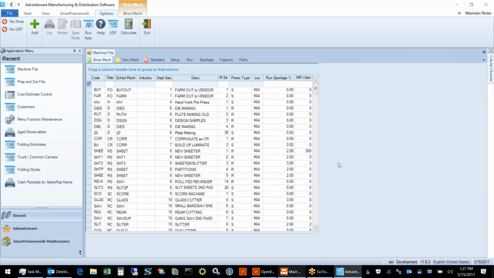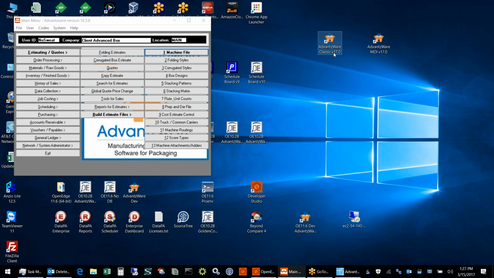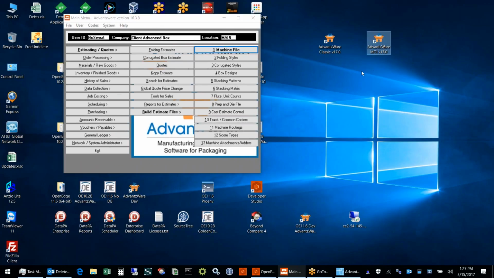Okay, thank you. How does someone choose if they want the Classic versus the MDI version? We will instantiate 2 icons on your desktop. And so this icon on my desktop opens the Classic that you see right here, and this icon opens the MDI. We had thought about implementing where, in a user file, you have your preference, but